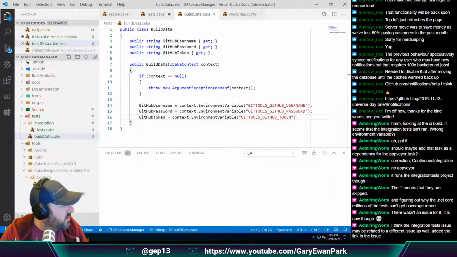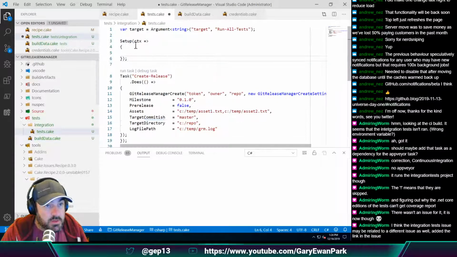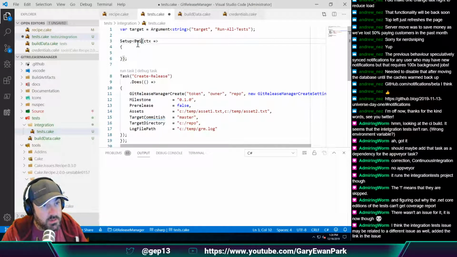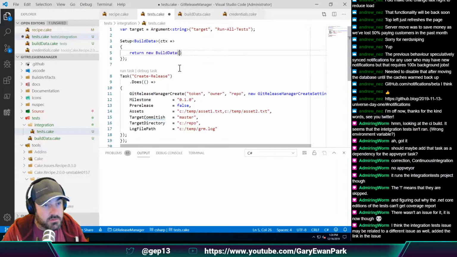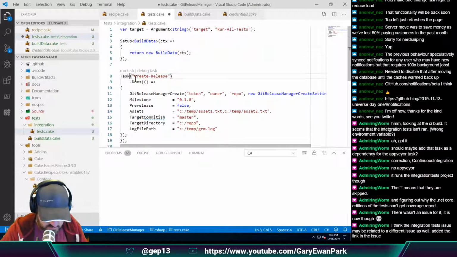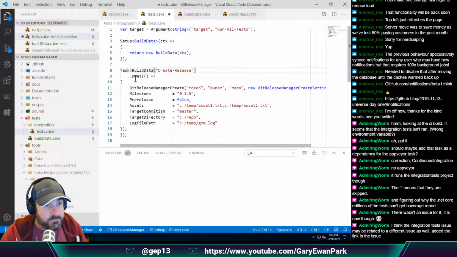Okay, so then in our setup we can then say that this is going to be a BuildData. Seriously. I'm going to need to fix this thing at some point. And then this is going to be a return new BuildData from the context. We do that. And then this becomes BuildData,